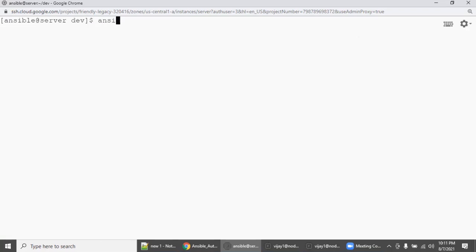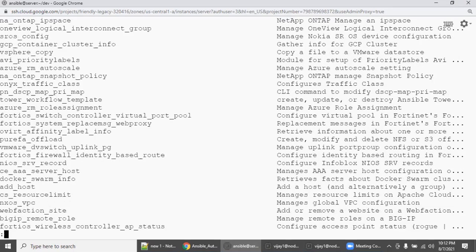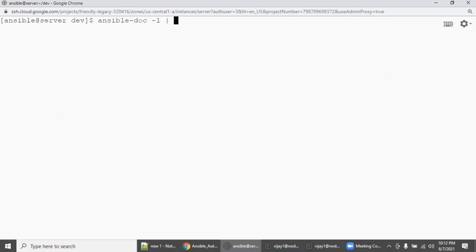So now ansible-doc. Again, I'm saying I don't know anything. I'm a zero, I'm a beginner, but I want to get some help from the Ansible machine itself. This is the easiest way you can get help. ansible-doc -l. Just press enter and wait for a few seconds. You will receive a lot of module information. You can even run this command with a pipe to wc -l, so that you can count the number of modules.